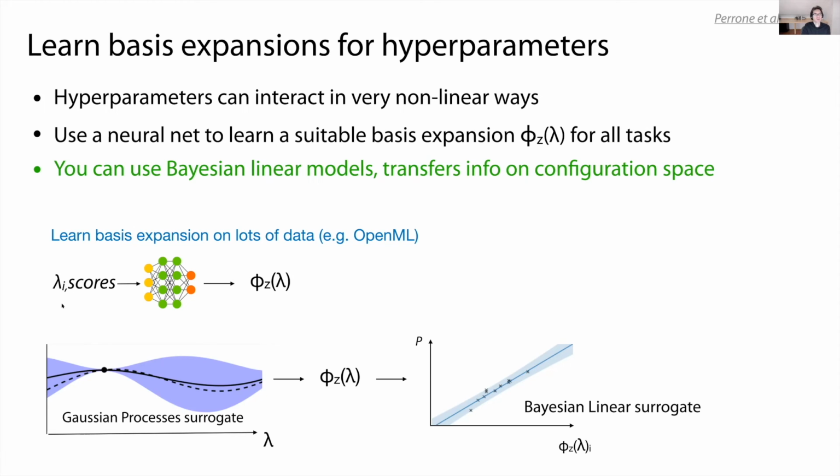Given a large number of configurations and scores, you can put this into a neural net to then learn a Bayesian expansion. So if you have a hyperparameter which behaves exponentially, well, then we just take the log. Or if it behaves like a sine wave, we replace it with a sine wave, whatever. So we learn a Bayesian expansion